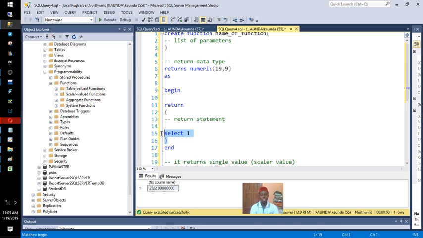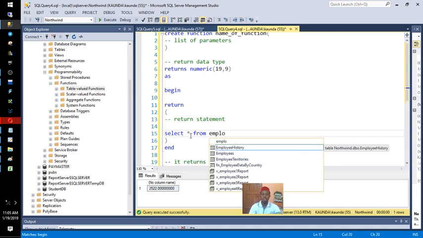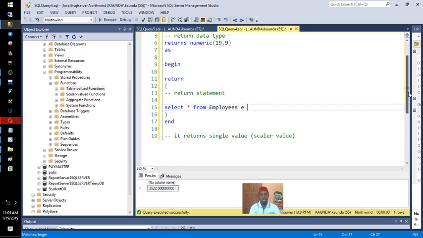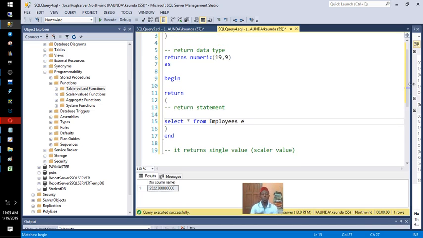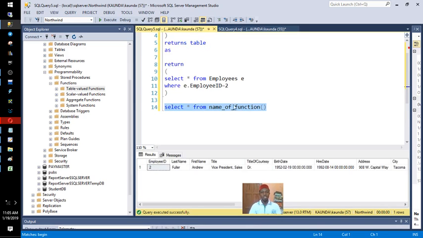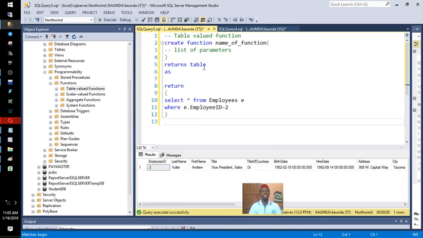I think the one we did with deleted. But if we are to say select all from employee, from the experience we had, it should run, but the code will create alright, the function will create alright, but if you are running it, it will not work. So this is the structure for the scalar, and this is the structure for table valued. Instead of here returning numeric,